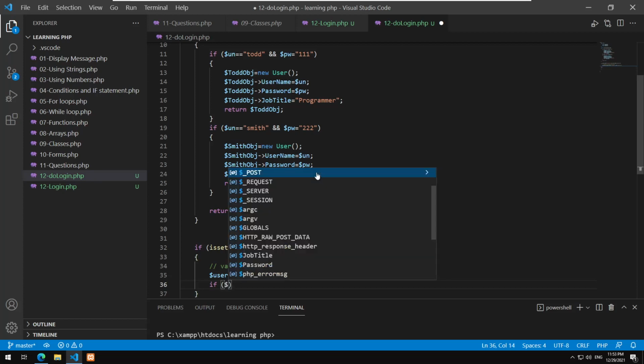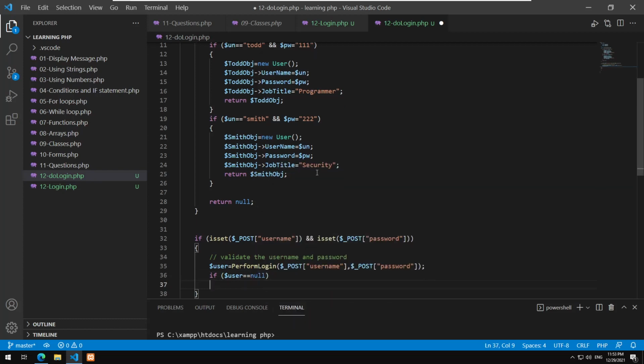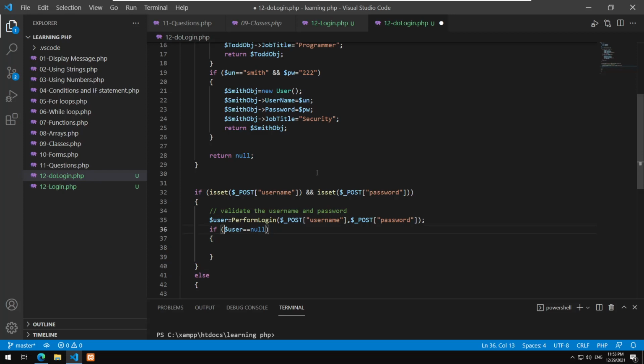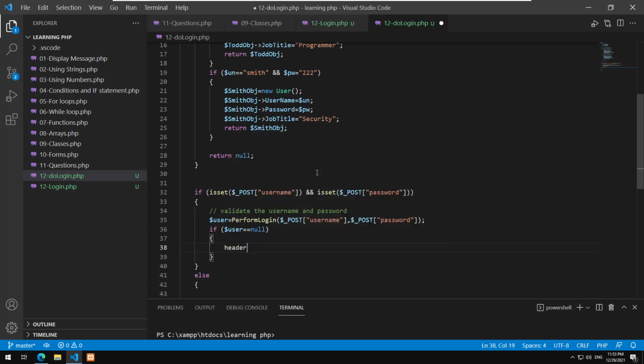So if user equals null, this means there is an error. So I need to display an error message or maybe go back to the login screen. In order to navigate back to the login screen, I'm gonna say header. There's this function, header location, if I'm not mistaken, and I need to pass the path. So it is